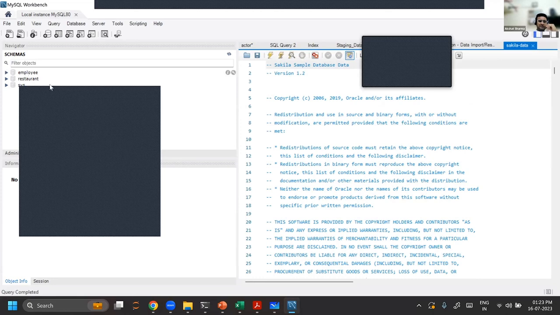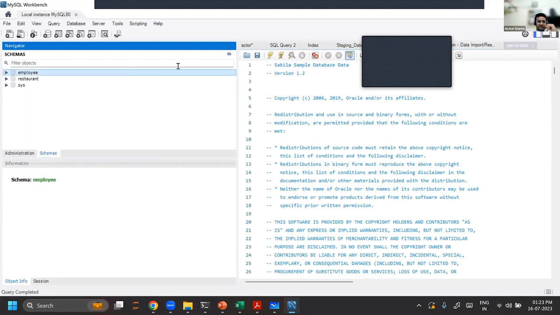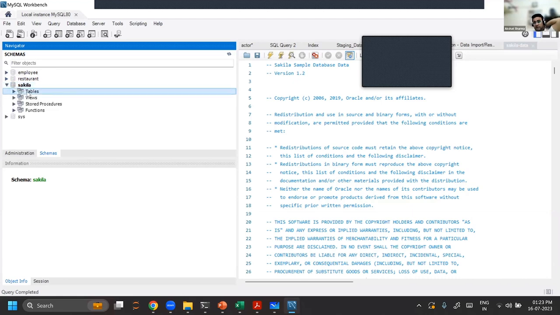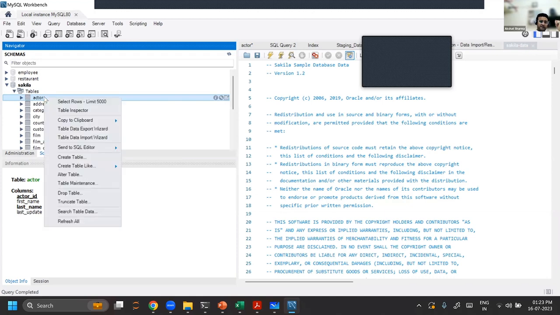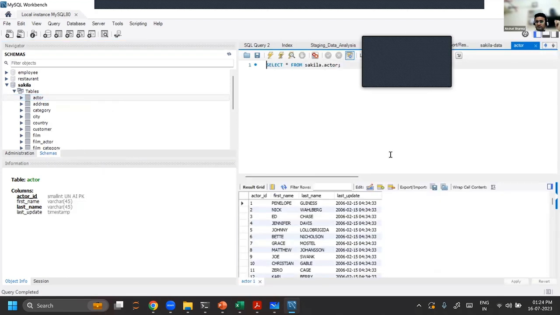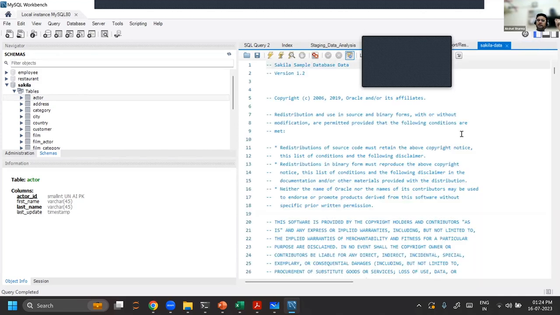Okay. Once it is run, then it's fine. Now go to that navigator and schema. Click refresh on this refresh button. You will see that there is a Sakila database in your navigator. Click on the tables. You will see some of the tables. Right click on that and do select rows. You will see that there will be a table. That shows that the database is there in your